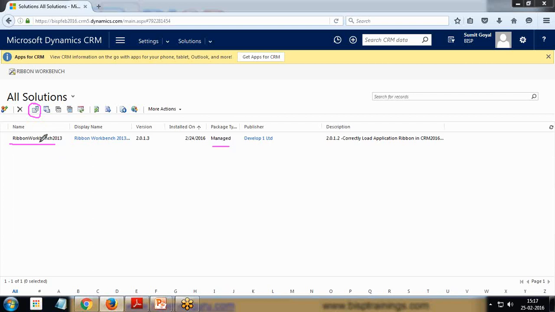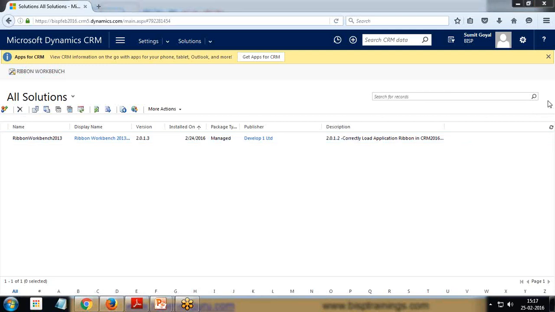It's a managed solution and it will be uploaded successfully here. And once it gets uploaded, you will get one ribbon workbench tool icon at the top of the solution. So we will use it, but before actually using this tool, we need to